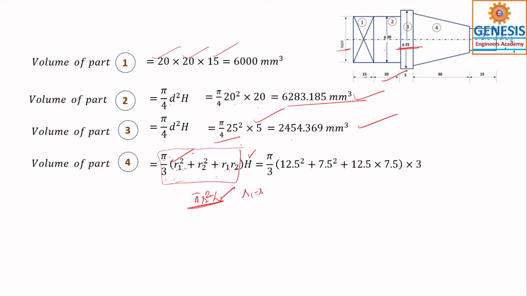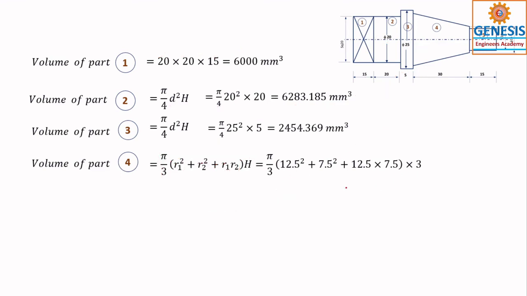That is a cylinder, so pi R square H. If R1 is equal to R2 is equal to R, what would happen? R square plus R square plus R square, 3R square gets cancelled, and R square is there. So my formula is right. In that way, you can also check once again. As I advised you in the previous cases, don't take any formula as correct. You have to check it. With that, I may get the answer like this.